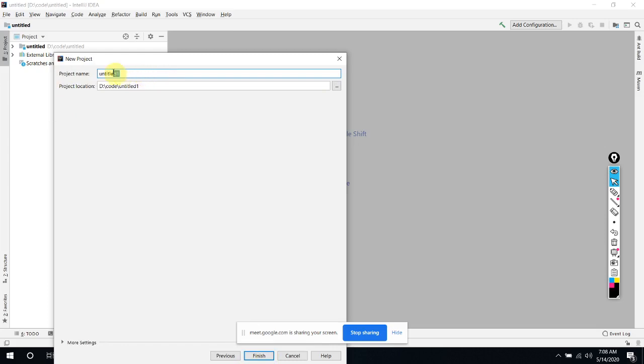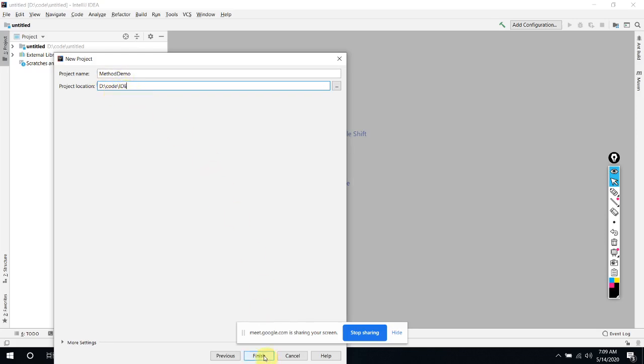Then you have to give a name to your project. So I will say method demo, and you have to specify where you want to save it. I have saved it in D code, but I don't want to mess it with my code folder. Under that I will say IDE. It will save my code under the code IDE folder, because my code folder has some Java code. Otherwise it is going to mess, because this is going to create some more configuration files.